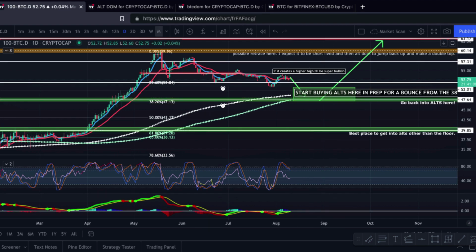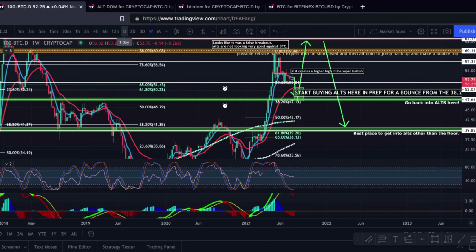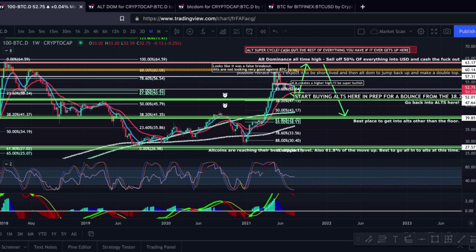And if we end up going all the way down there, then pretty much we're going to be screwed. But I feel like this is such an incredibly good support for alts that I just don't see it coming all the way back down to the 61.8. That would be insane, we would be in a full blown bear market if it came all the way down to the 61.8. So the 38.2 is where I would buy all my alts. Of course it's possible, but if this happens, then we would see some devastating blows to the crypto market. And